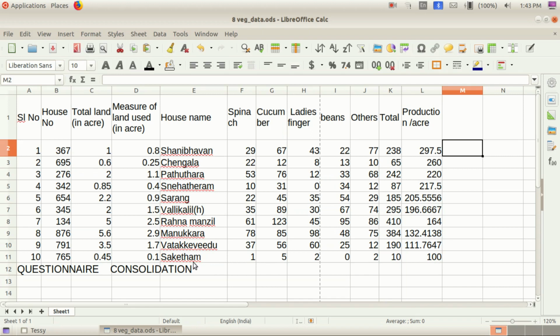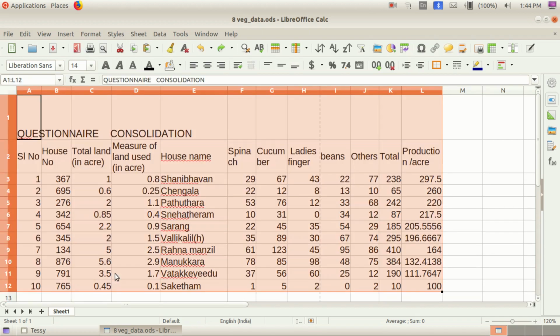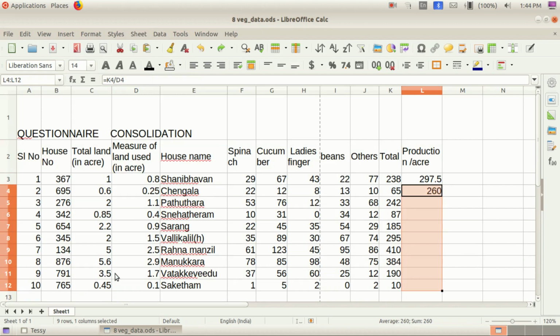Okay, the first time this is in the second row I think. Okay, the data questionnaire consolidation also came in ascending order here, you can see. The questionnaire also came here. Do you understand? That we don't want here, children, because we want to cut it and paste it. I am going to undo. The questionnaire consolidation is there. Once more we can copy.